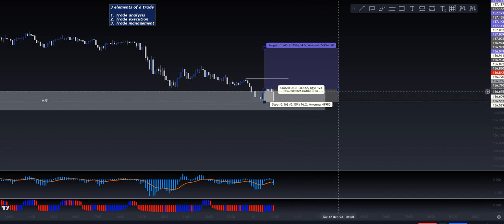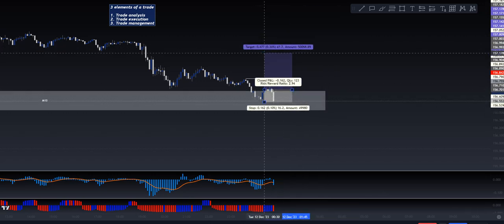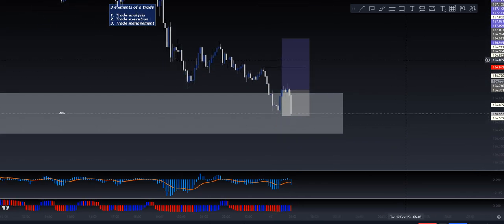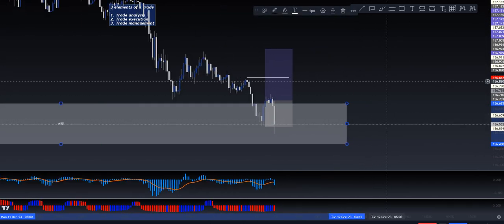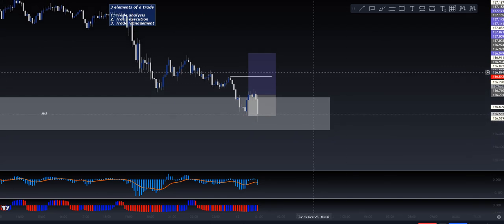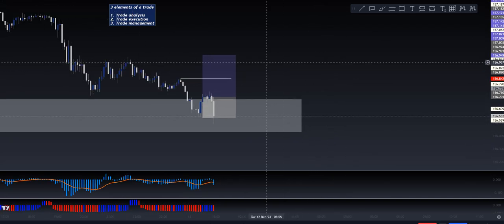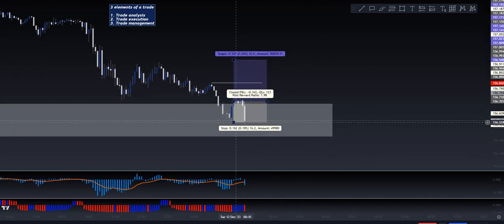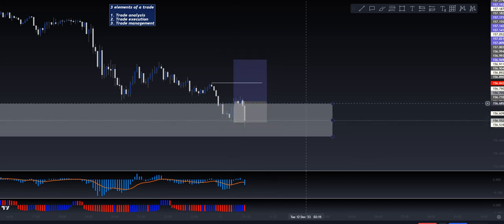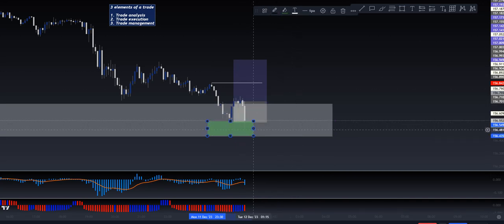So we see what happened. We actually got stopped out here, and that's okay. That can happen when you are trading these type of zones, right? But this is the same reason why you should never over leverage on any given trade, because you never know what the market wants to do. How do you know that there wasn't more liquidity below in the deeper half of this zone that the market wanted to go to? How do you know that the money wasn't sitting here that's going to drive the money back up? You don't know that.